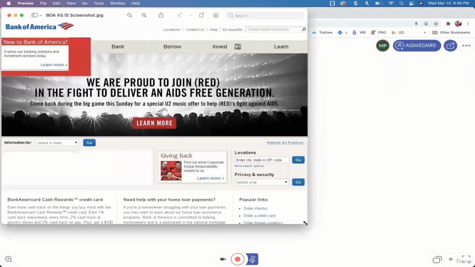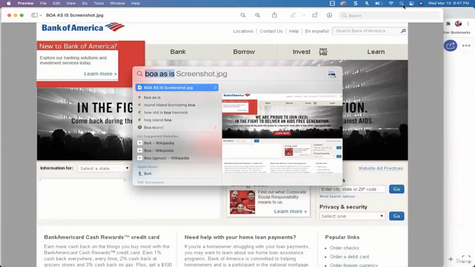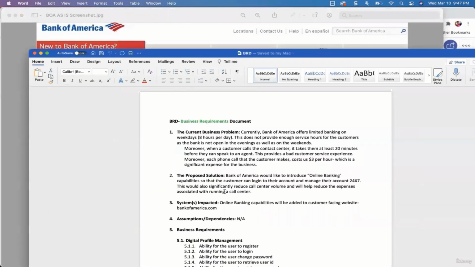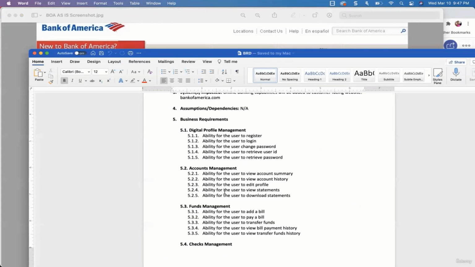So I believe we've seen this before as well. We want to assume that this is how bankofamerica.com would look in the year 1999. What we don't see here are the capabilities of online banking. So let's say we have initiated a project called online banking, and we are meeting SMEs for the very first time. And the business requirements that we want to talk about in this JAD session are